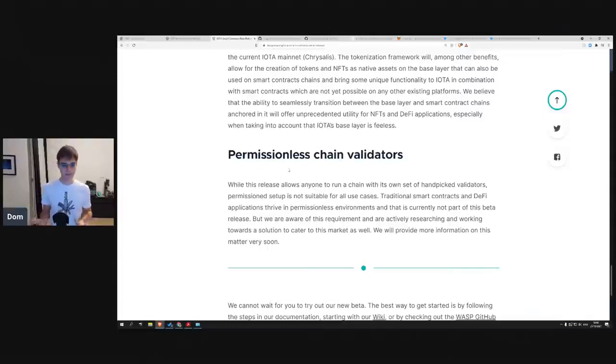to enable these permissionless validators and to also define how we do this shared security, similar to what Polkadot has achieved, because security is everything, right? And we do not want to have chains that are being attacked or that are being hostile takeovers or stuff like that, right? We really want to build a robust environment where you just deploy your smart contract and it works. And this is exactly where this permissionless